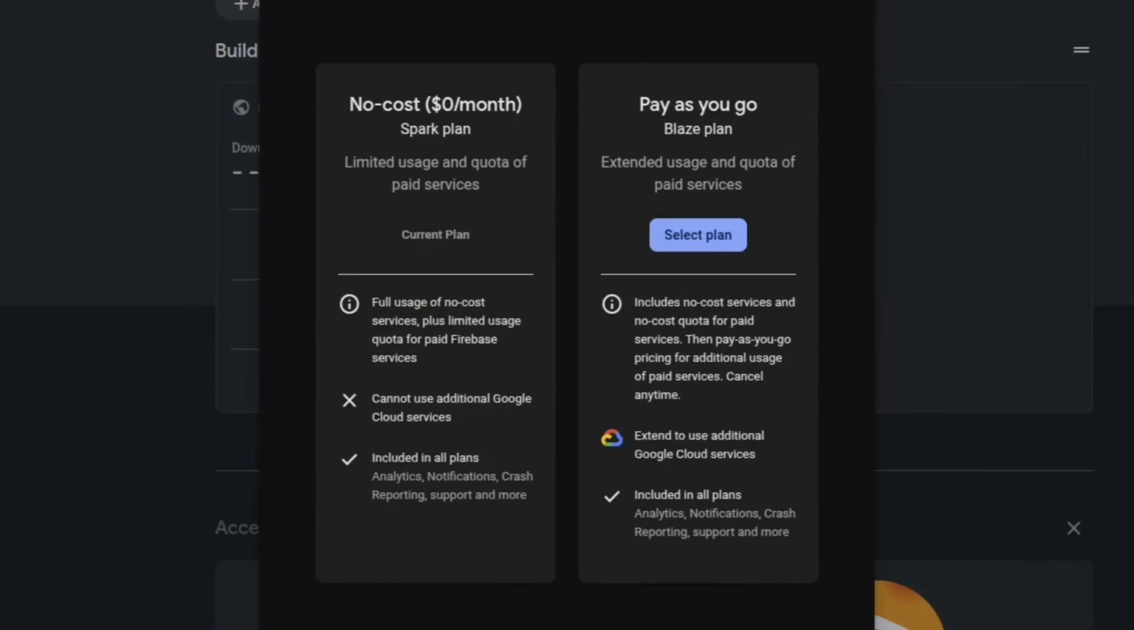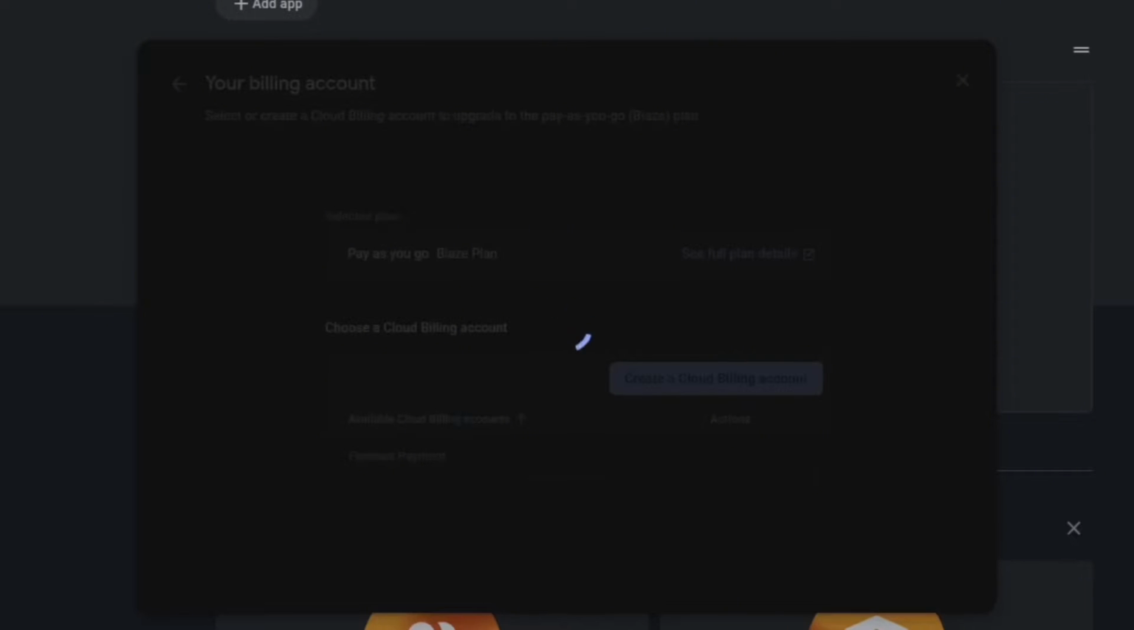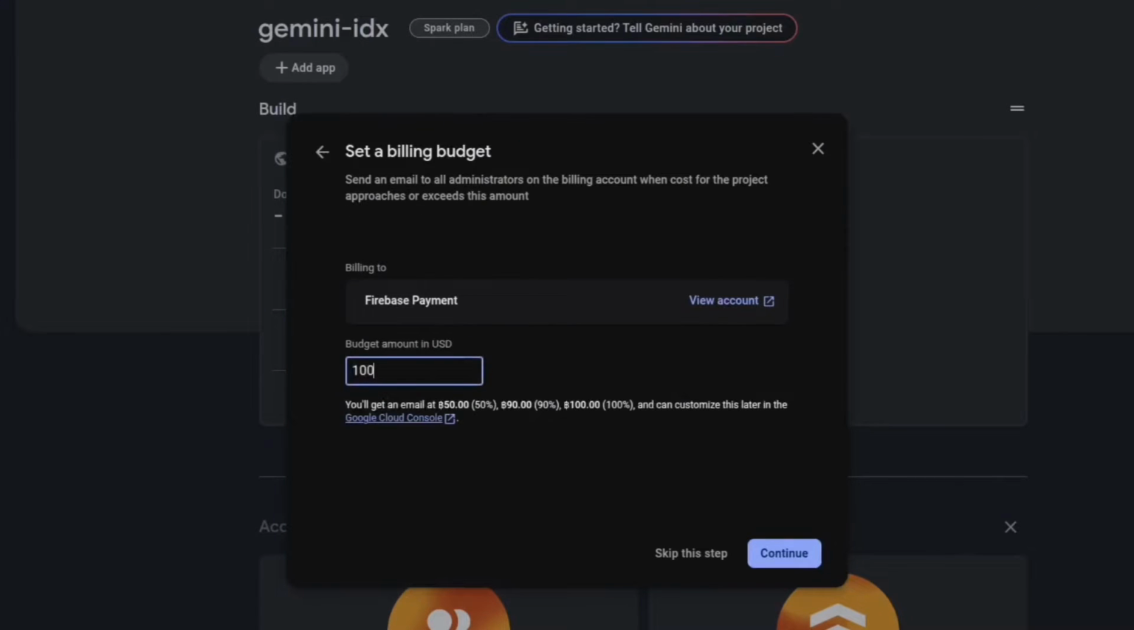First way, in the initial setup, when you change your plan from the free one to the paid one, you will be given the option to set up the budget. Set up the budget that you are ready to spend, and Google will send you a notification when you are close to the limit: 50%, 90%, and 100%. Another way, inside